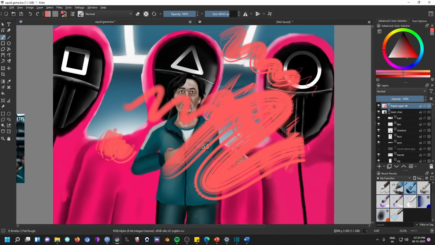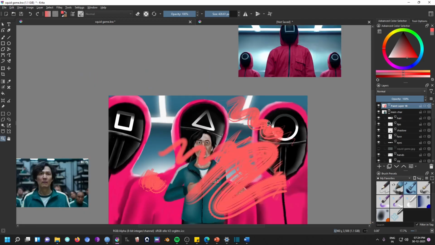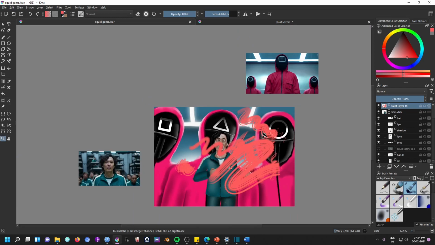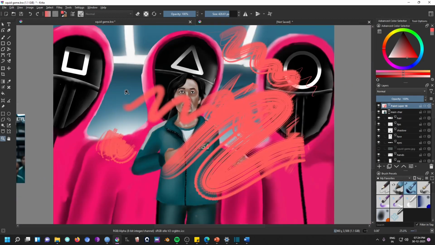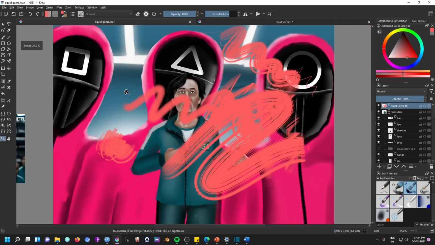For canvas manipulation, if you want to zoom, there is a dedicated tool for that. Click on the zoom icon and then click on the area where you want to zoom. Clicking more will zoom more. If you press and hold Ctrl key and click on the area, it will zoom out. But this is just a huge hassle. So the simple way is to simply scroll on your mouse wheel and the canvas will zoom in or out. Zoom can also be done from this slider on the right corner. There is a neat trick where you can press 1 on keyboard, which will zoom the canvas to 100%, and pressing 2 will fit the canvas on your screen.